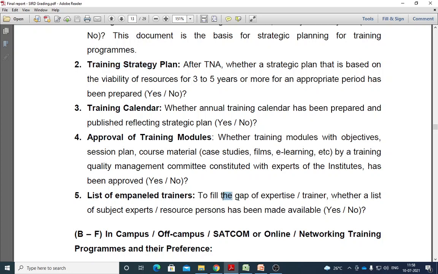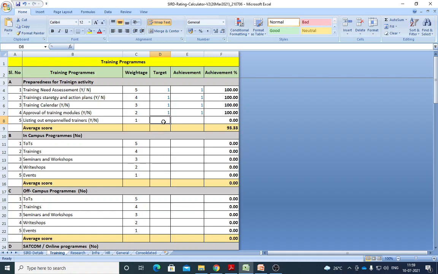Then next one is approval of the list of empaneled trainers. So this is a list of empaneled trainers, like what are the empaneled trainers you have. You may have previous trainers also, but in that particular assessment year you need to approve them again, the previous list also. So again you have to assign them. Whether you have done those activities or not, you have to make sure. Definitely we used to do that, otherwise you put a 0.